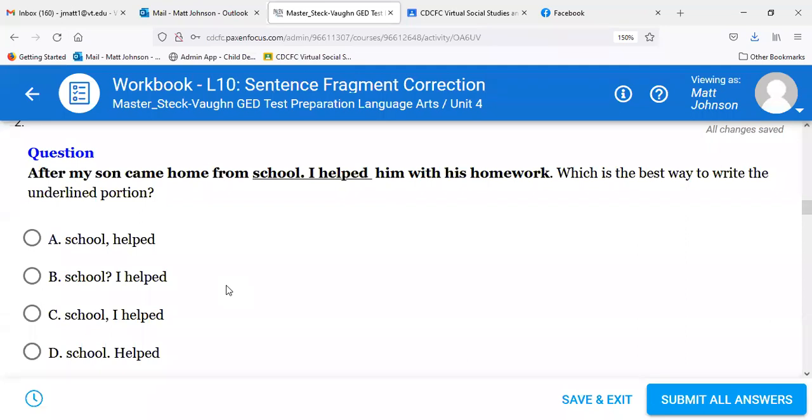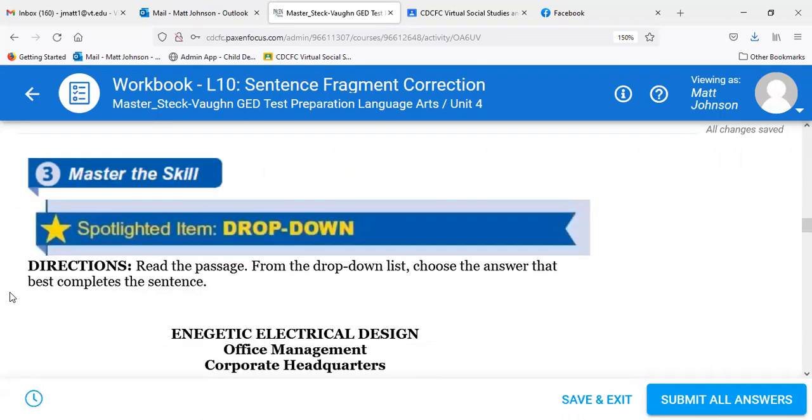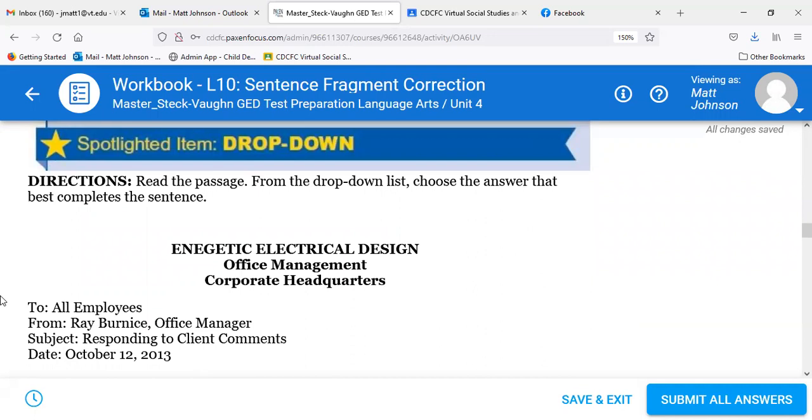So after my son came home from school, right? We know that's not a complete statement. Do we add a comma? C. Excellent. So we need just the comma, and then that's going to make that complete. After my son came home from school, comma, I helped him with his homework. Because I helped him with his homework is already an independent clause. It already makes sense by itself. Okay, now